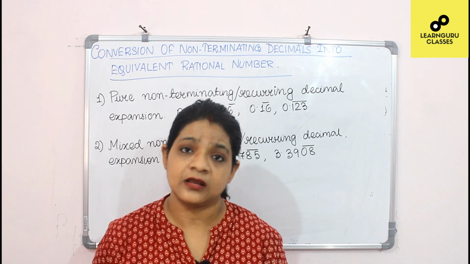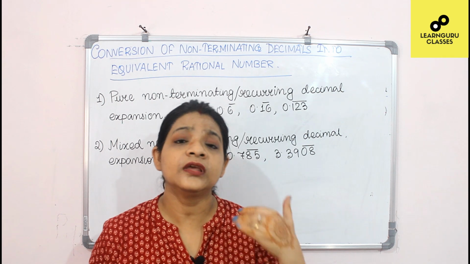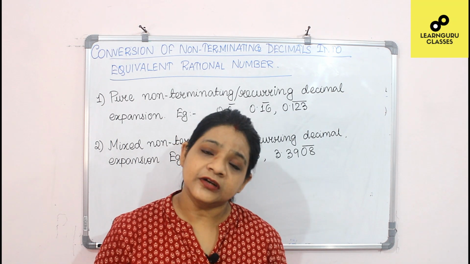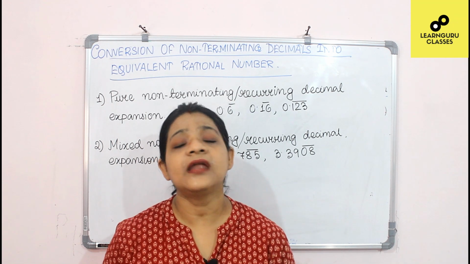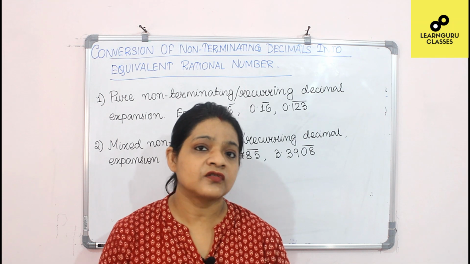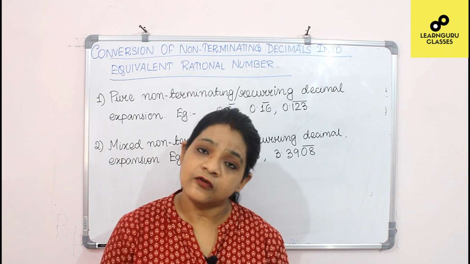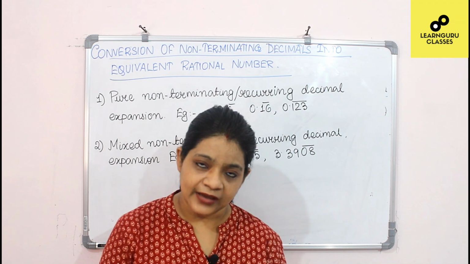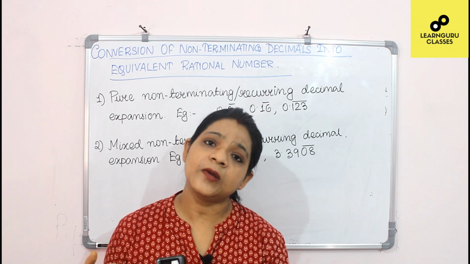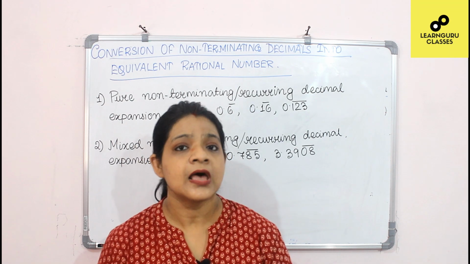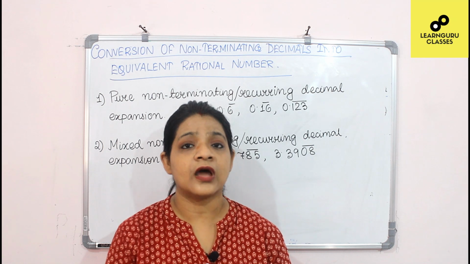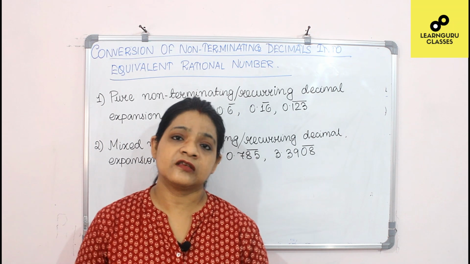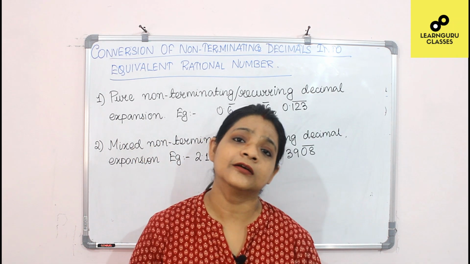You have already studied the decimal expansion in which we get an infinite number of terms after the decimal point and the remainder never comes to be 0; it is called a non-terminating and repeating decimal expansion. Why is it called repeating? Because either a single digit is being repeated or a sequence of digits is being repeated. So we call it a repeating as well as non-terminating decimal expansion. By now it is already clear to you.